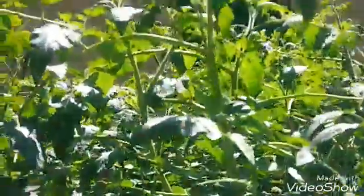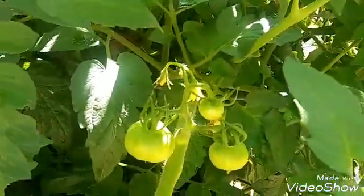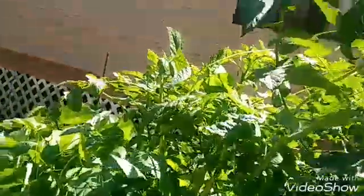But the tomato plants are ginormous. They're probably at least 3.5 foot tall. And we are getting little tomatoes on them now. Let me see if I can find some to show you. Quite a few of them, actually. Let's see. Here we go, right here. There you can see them. So we were getting lots and lots of tomatoes. In fact, one of these plants came up all by itself from what I had last year, so...